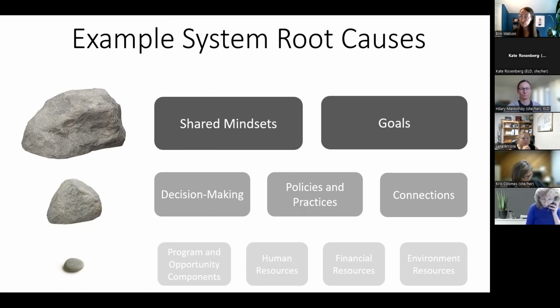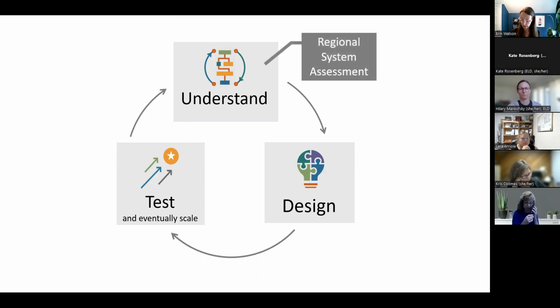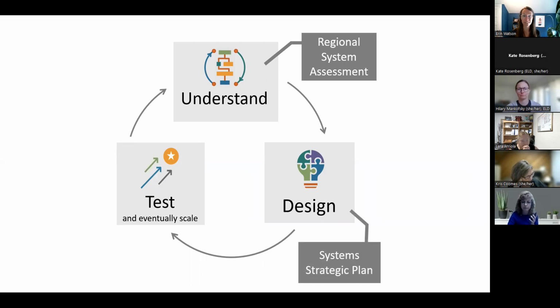So this system strategic plan is part of that action learning cycle that we talked about a long time ago, where you understand through something like a regional system assessment what the landscape of issues is, what's helping and hindering our objectives. Then you design strategies to address them and test them out. This systems strategic plan fits in that design phase that then prepares you to start launching, testing, and implementing in a continuous cycle so you can learn if those strategies are starting to make a difference, and if needed, redesign them so they are.